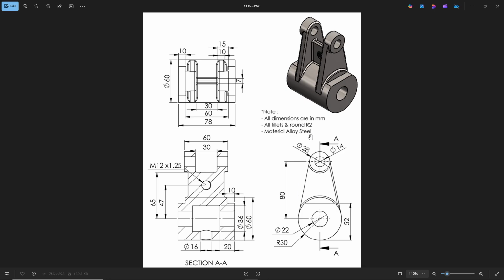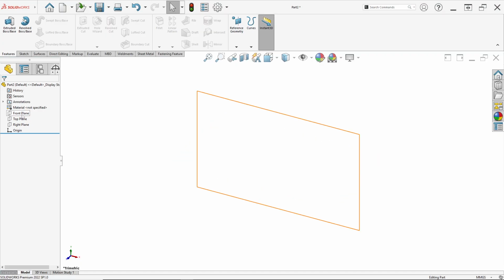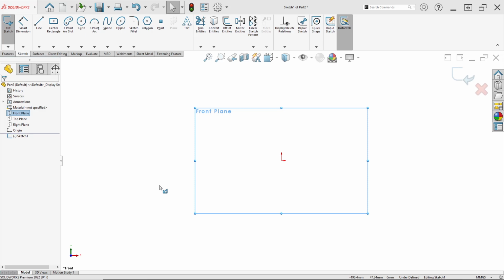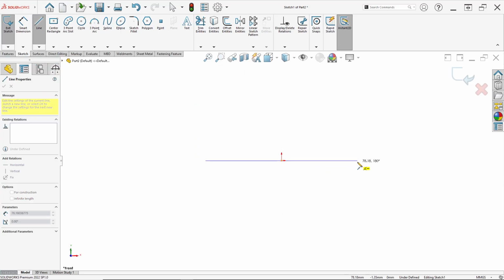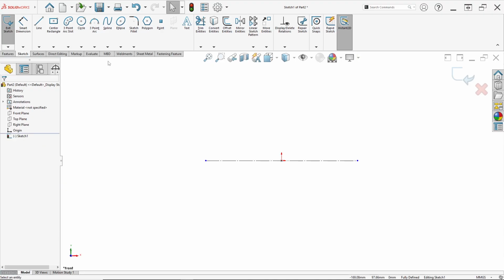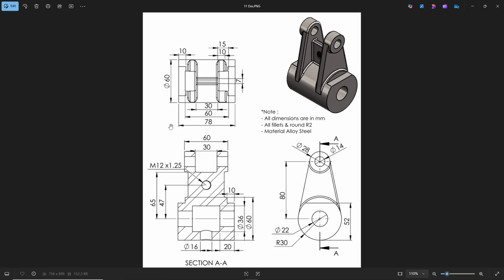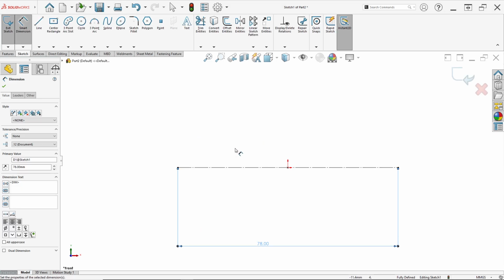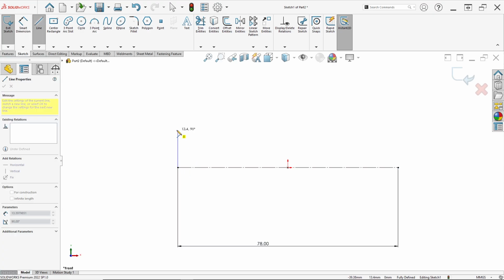Okay, we can see in here this shape has a shape like a cylinder. So we just make it from the front plane, just click sketch. We can make this shape with a revolve boss or base. So just select the midpoint line, draw from the center like this. Right click on this line and click construction geometry. Set the total length here to 78. Just put here 78 millimeter, and just draw a line